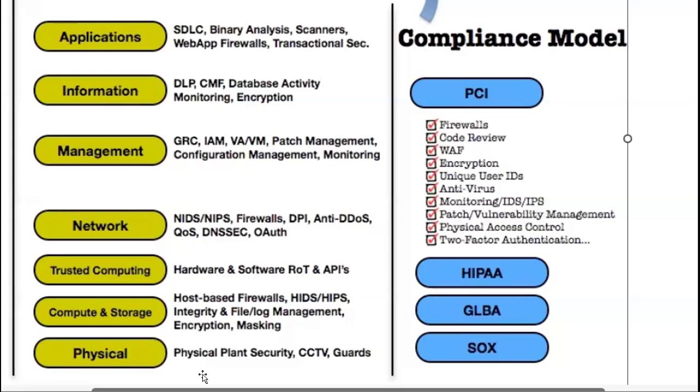Then second, like we have studied as the data link layer, same way here we are having two sets of sub layers, which are compute and storage, and trust computing.